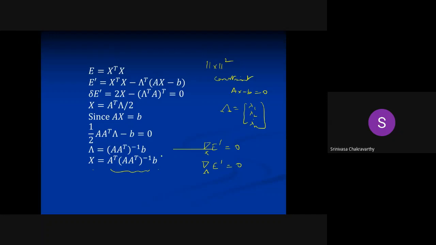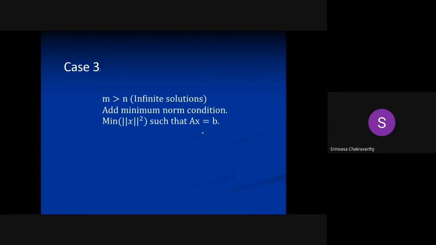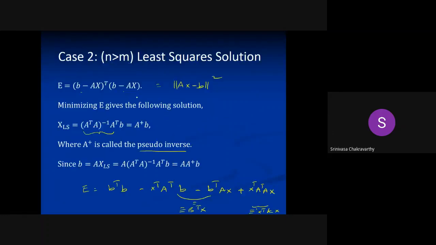So when you have too many solutions, when you have infinite solutions, you apply an additional cost that you have to minimize, because you can always satisfy the equations in many ways. Therefore, in this case, you add an additional cost function, which is minimizing the norm, and then the equations become the constraint. In the second case, you won't have any solution in general, so you just try to minimize the squared error between the fit and the data.